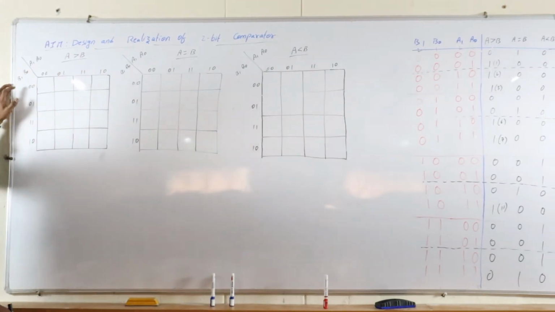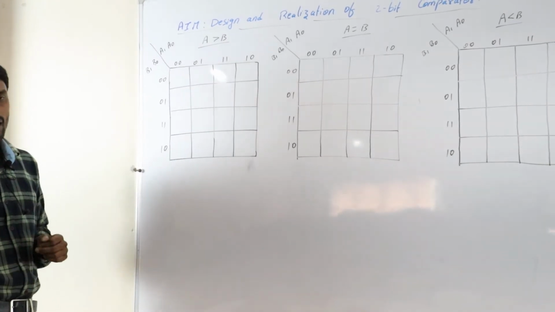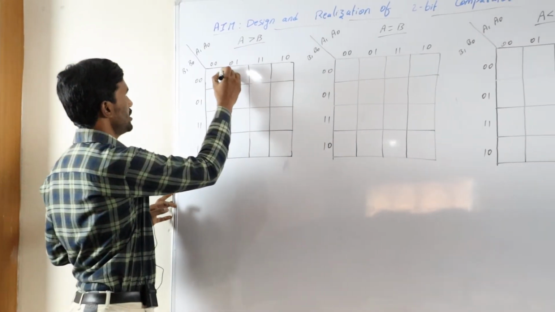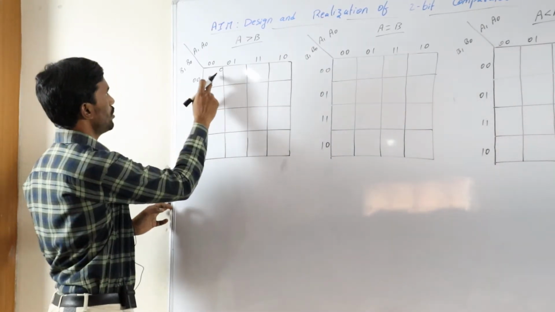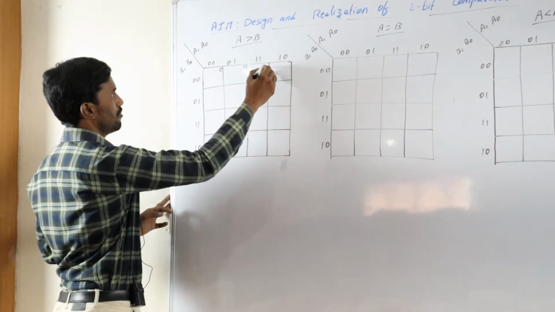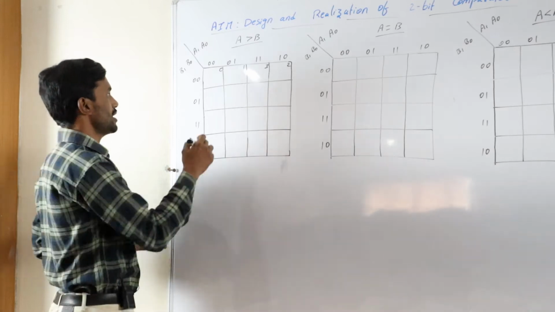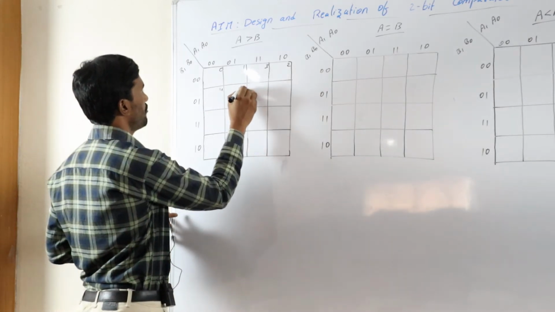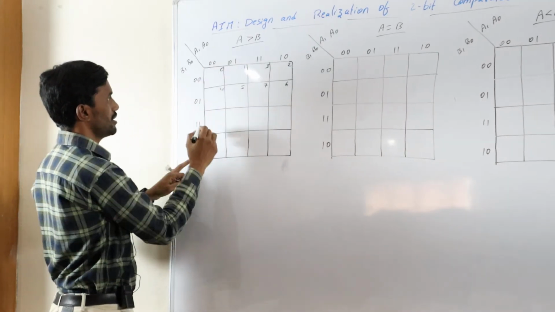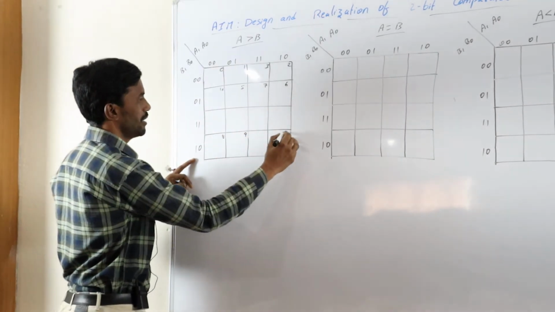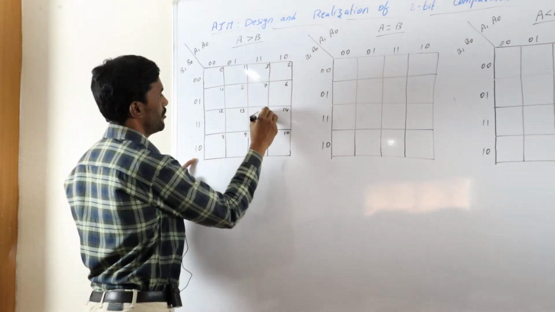You see that K-map. These are the Gray code, and now 0 0 0 0, this cell is 0, this is 0 0 0 1, this is 1, 0 0 1 1, this is 3, 2. In that way you give the cells numbers: 4, 5, this will be 6 and 7. Now 1 0 1 1, this will be 8, 9, 10 and 11, this will be 12, 13, this will be 14 and 15.